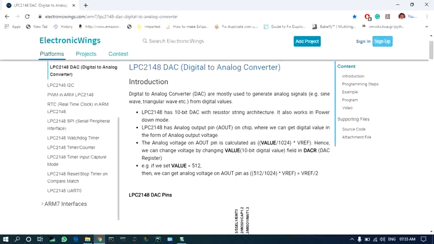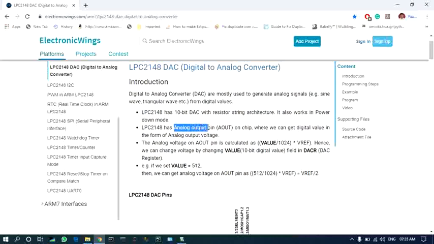In this video we are going to learn how to program DAC, that is digital to analog converter, in LPC 2148. In LPC 2148 we have a 10-bit DAC, which can be used to convert a 10-bit digital value to an analog output.